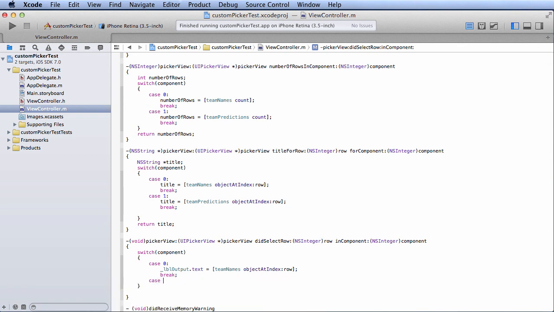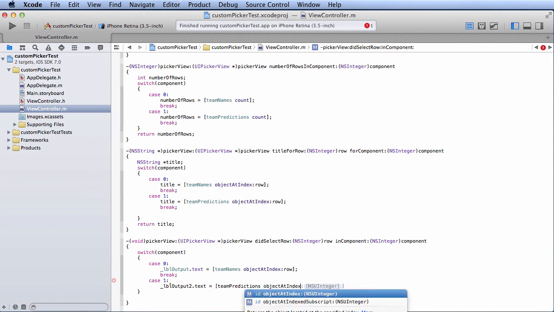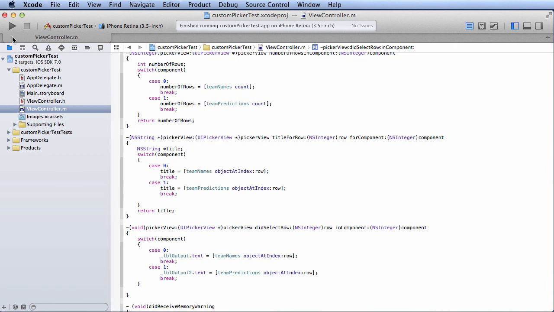And then if it's case 1, I've now selected the predictions column. I'll say LBL output 2 dot text equals team predictions object at index row, and break. And then I am done. So let's take a look at how this is going to look. So if I run the app again,